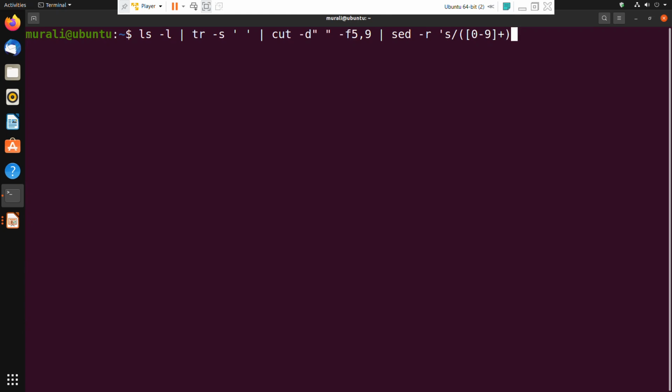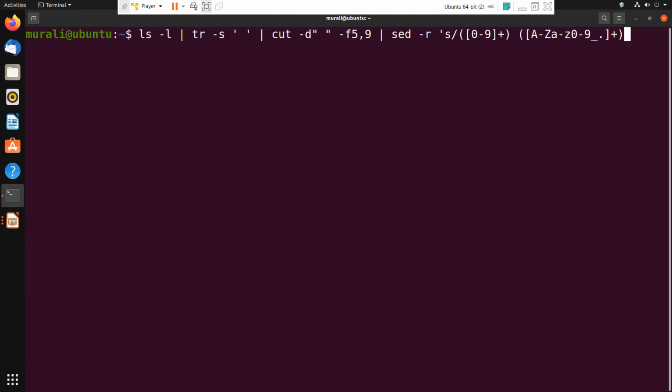Okay, this is a remembered pattern. The first pair of brackets is the remembered pattern, followed by a space, followed by another pair of brackets with a remembered pattern, that is the name of the file. The name of the file can have capital A to Z, small a to z, and even 0 to 9, an underscore, a dot, all these things, right? I need to specify all these within a character class, within a pair of brackets, and then plus, one or more occurrences of these. So that is the second remembered pattern.